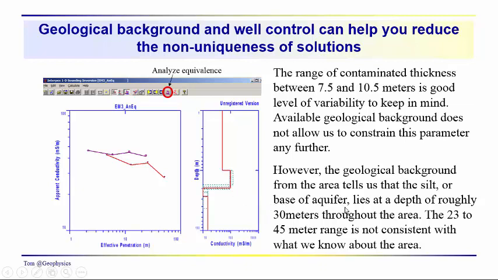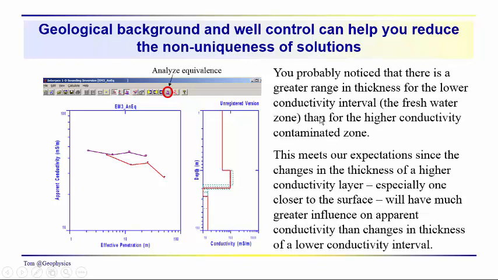But one thing that we do know, the model is misleading in a sense, indicating that, well, the depth to the base of the aquifer could be between 23 and 45 meters in depth, when we know it should be around 30 meters. So the results are very informative, and I think one of the other things that you can notice